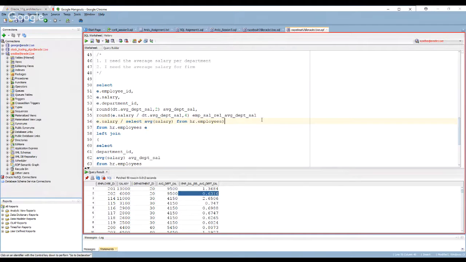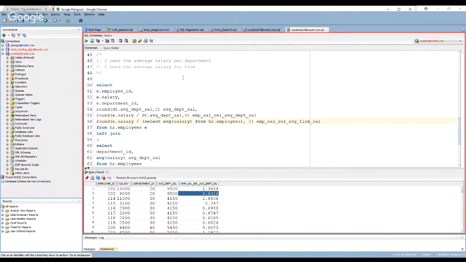Now this is supposed to give us this expression. I pick this person's salary and I'm going to run the average salary from the entire firm, and I want that ratio. Let me round it up to 2 decimal places, and I'll give it an alias of emp salary relative to average firm salary.